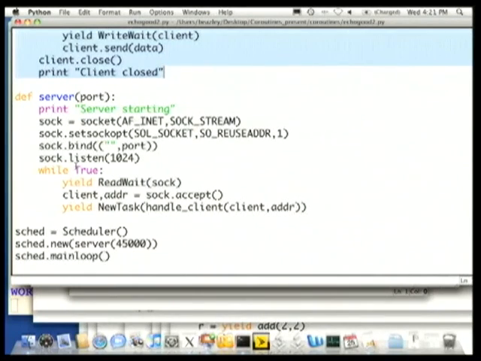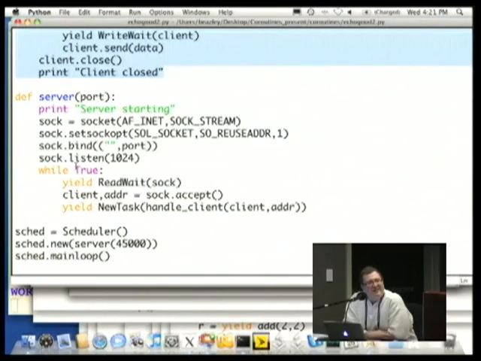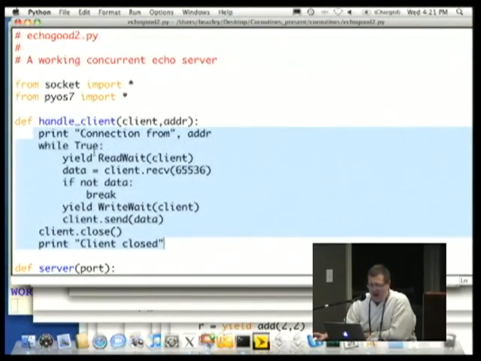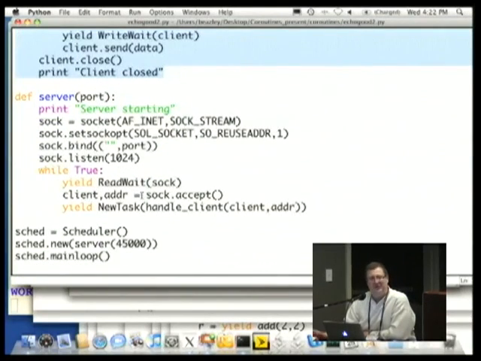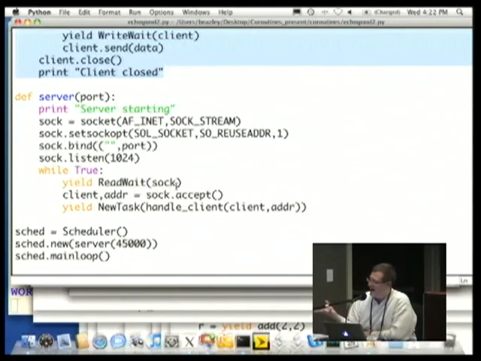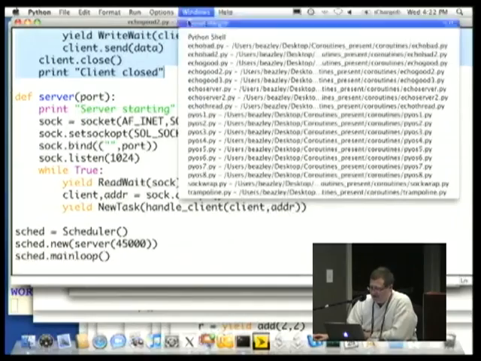If there's no client connected, is the server basically running in a tight loop, yielding back and forth from the scheduler to the I'm alive task? So the question is, if there's no clients connected, what is the scheduler doing? That's actually a great question. Let's say the server is asleep waiting for new connections. If there's no clients, then I'm not running that. It turns out that if it's completely asleep,